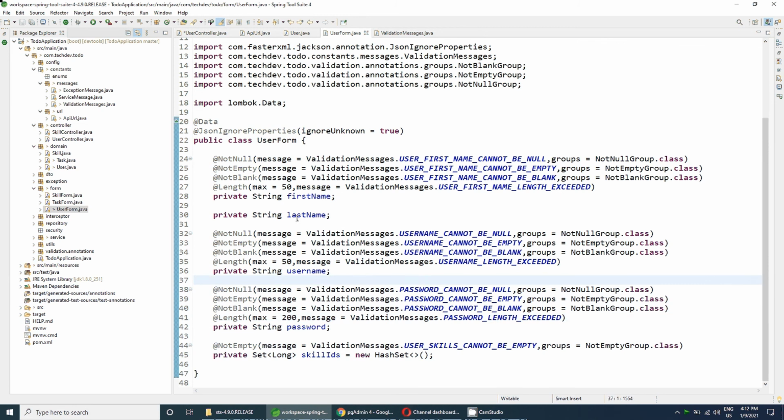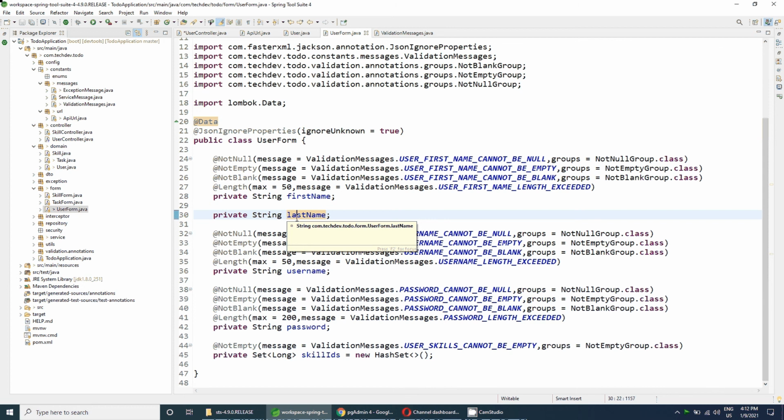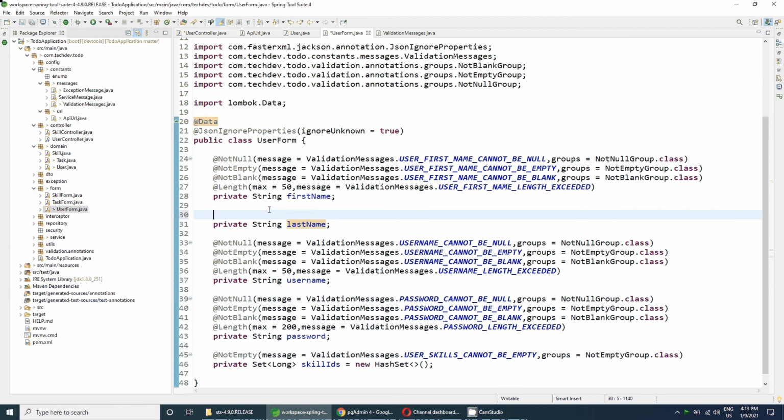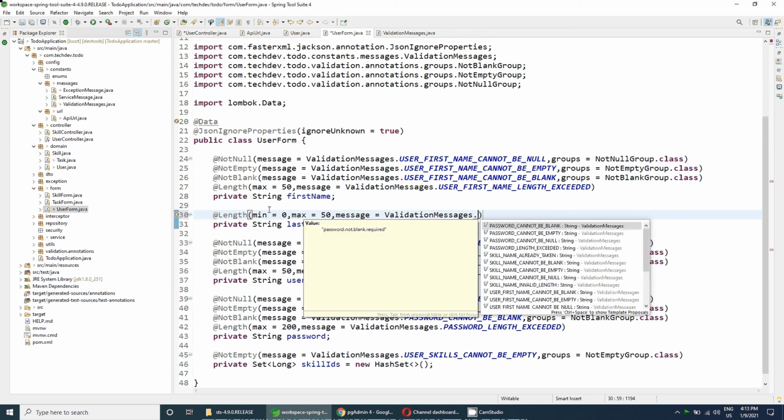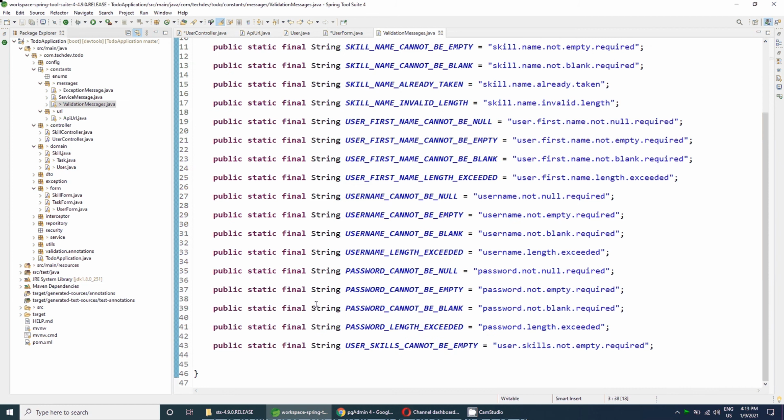And for the last name, what we can do, that we can create at the rate length, and the message will be, sorry, first of all minimum length is 0 and maximum should be 50, and the message will be validation message dot, let's create a validation message for the last name also.